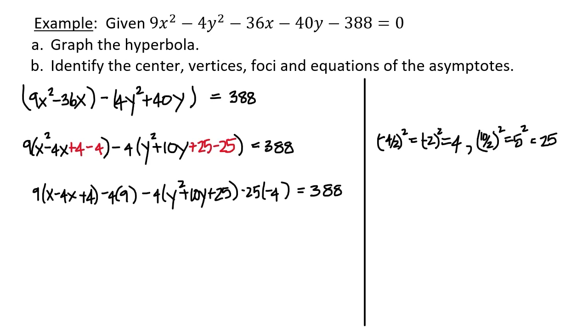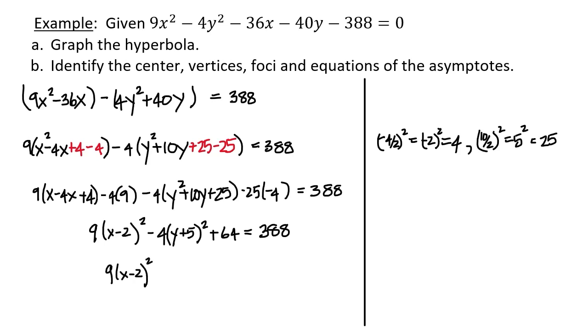So rewriting this, I will have 9 times x minus 2 all squared minus 4 times y plus 5 all squared. So I have plus 100 minus 36. That's going to give me plus 64 equals 388. So I have 9 times x minus 2 all squared minus 4 times y plus 5 all squared, subtract 64 from both sides, I will get